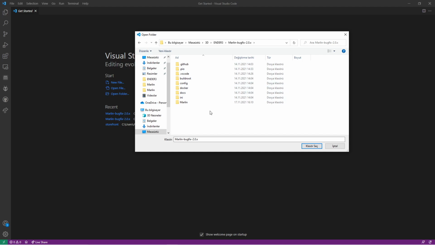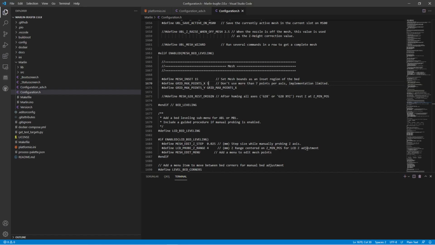And once you are here, don't go any further. You remember we put the files here and stuff, forget about them now. You have to keep it as it is. I mean, you don't have to go any further after this point, and choose this folder,